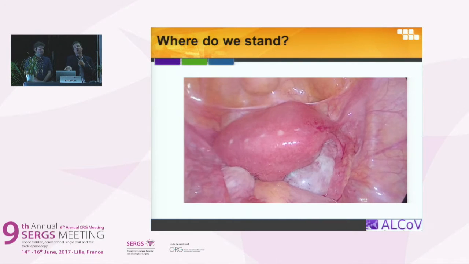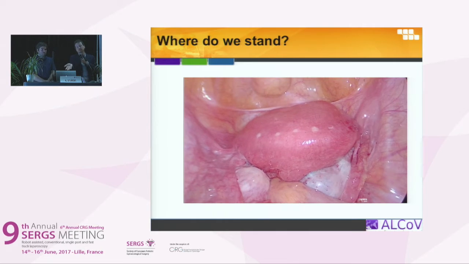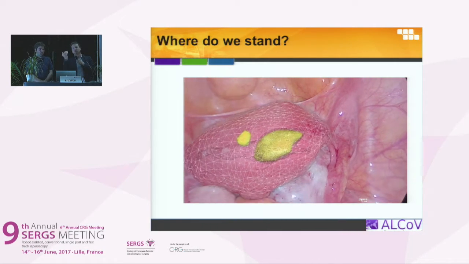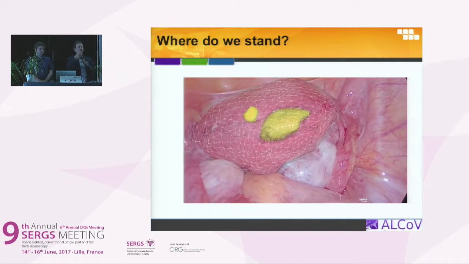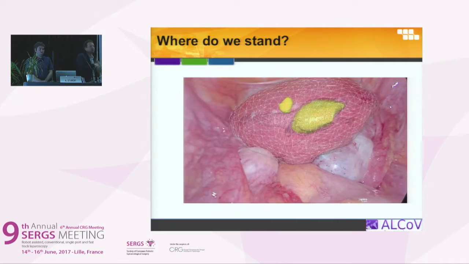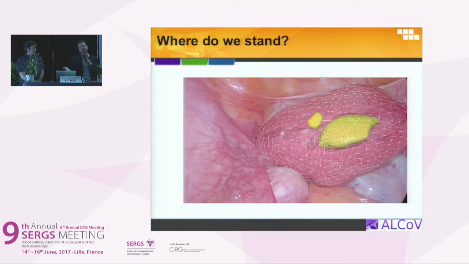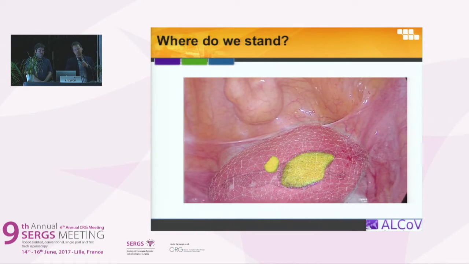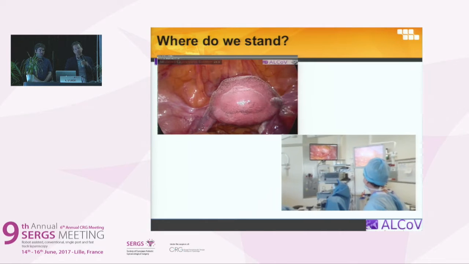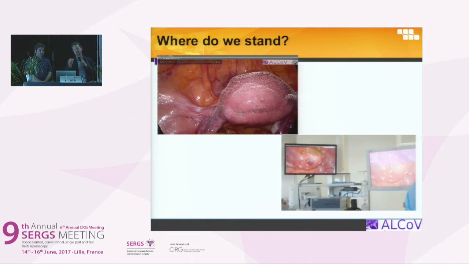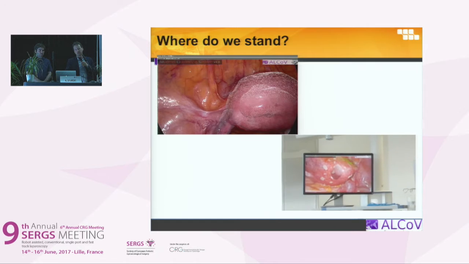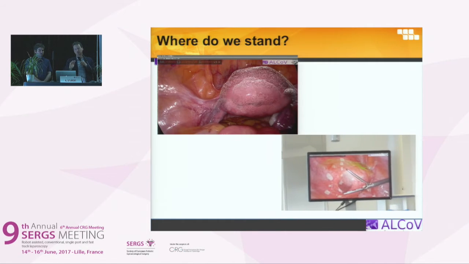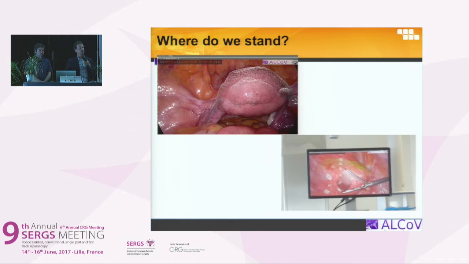So, and that's the view I have on my computer during the surgery. So that's like magic. So you really have the tumor you want to reach, and after we will have the uterine cavity, but of course all the vascularization will come soon. So that's another endometrial cancer with the view of the uterine artery. And really, you can see in the OR, I have my two screens, one with and one without the